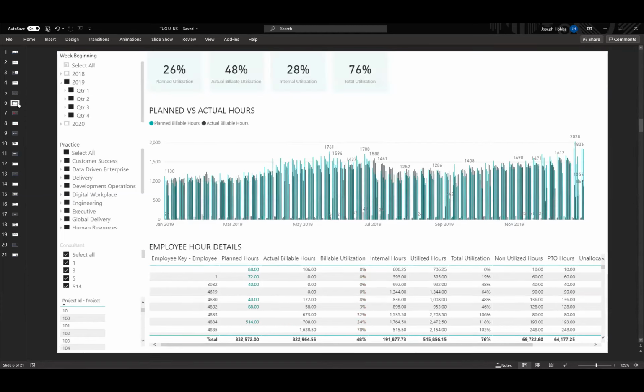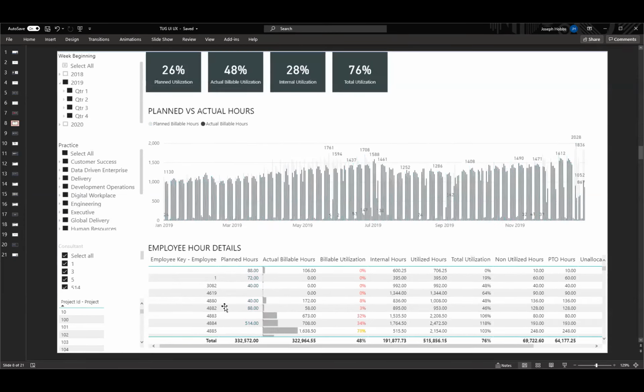I've done two other small changes here, a few down here in the tabular view. So planned hours, before these values were a light green, and I have removed that green, moving it back to gray. I've added a data bar in the background that's based on this value, sort of a little spark line inside of the table to see visually how things are going. And I added some color to billable utilization because this is really starting to get to the heart behind the report.